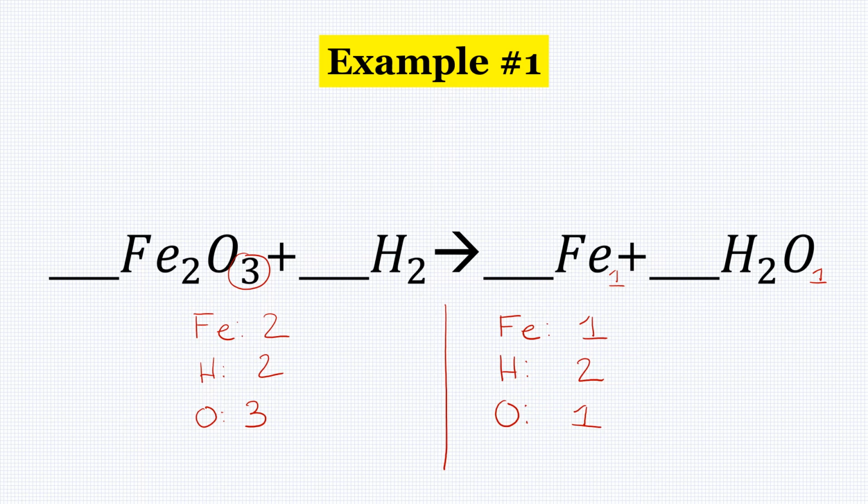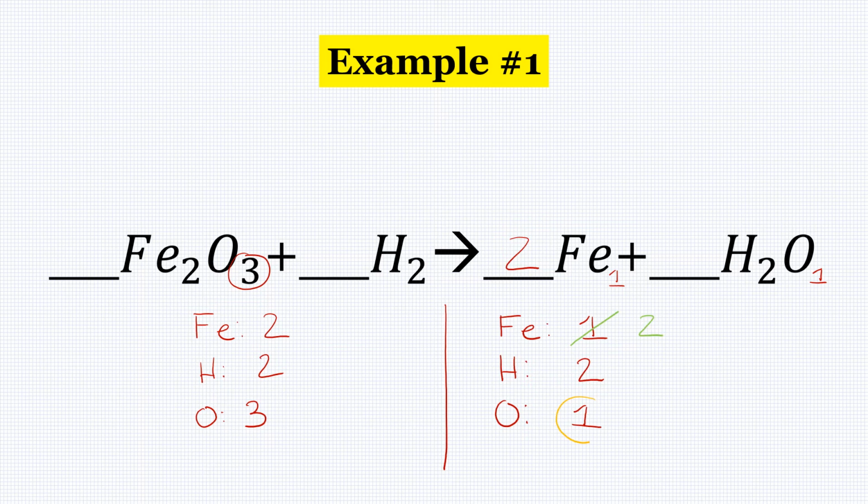Okay, so right off the bat, I recognize that there is 1 iron on the right and 2 on the left. So I'm going to put a 2 in front of the iron here. So now this becomes 2. So my irons are balanced, but now I'm going to look and recognize that my oxygens are out of balance